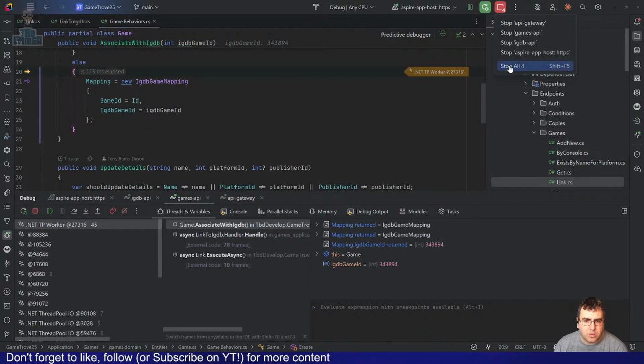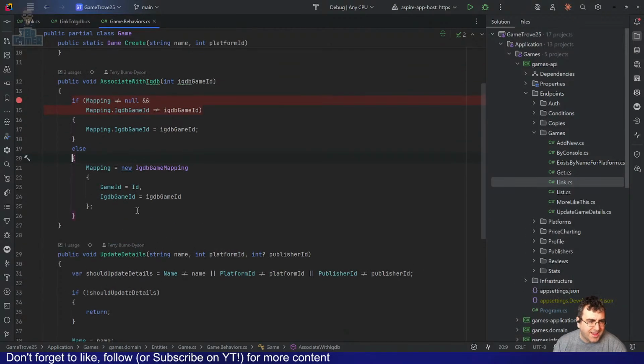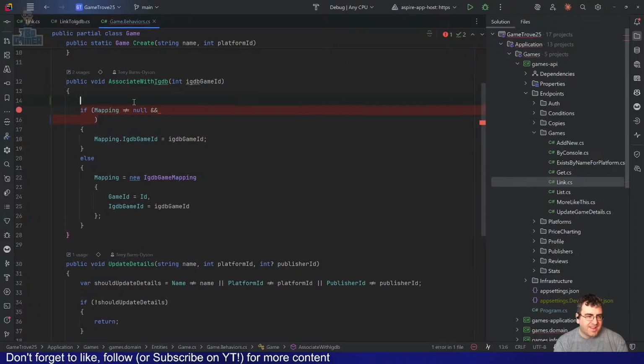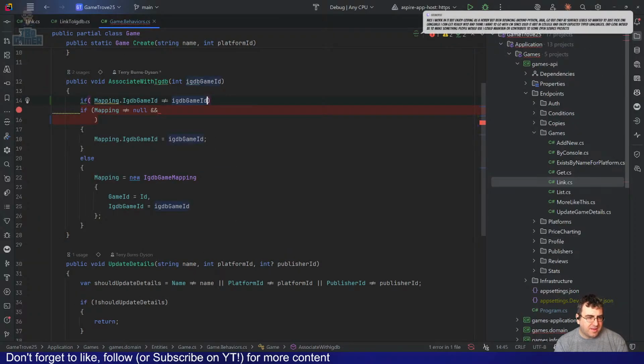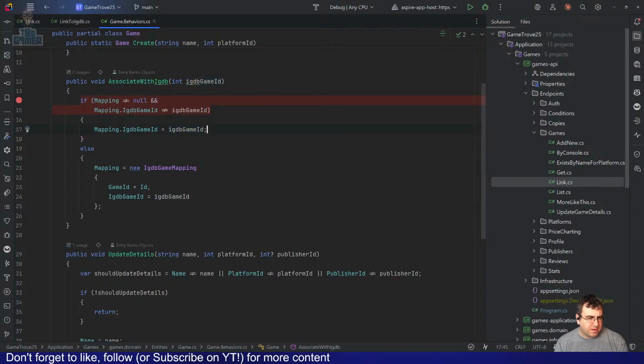Oh. Yeah, that's dumb logic, isn't it? If mapping not equal to null and the game ID isn't there, else...